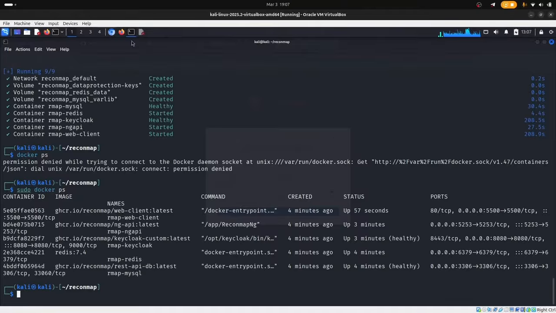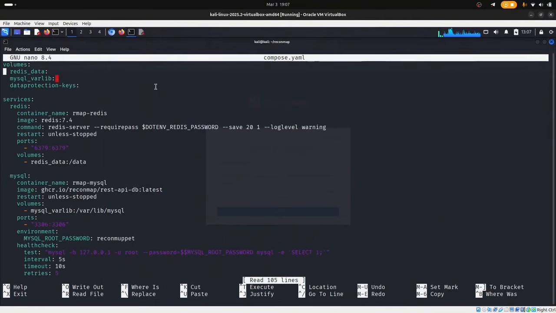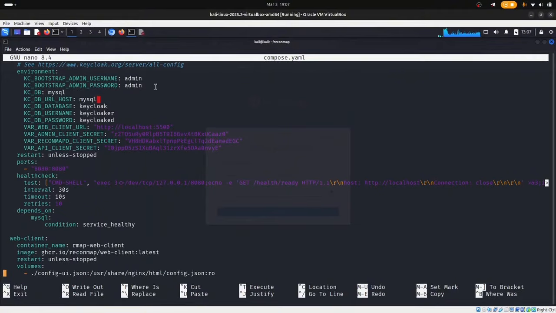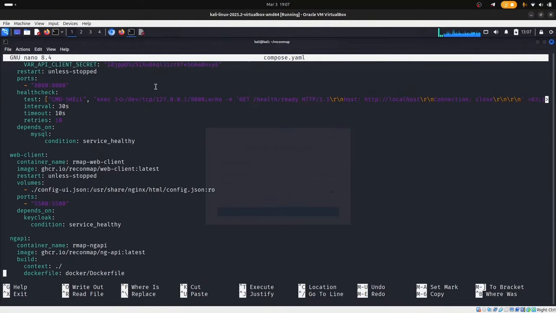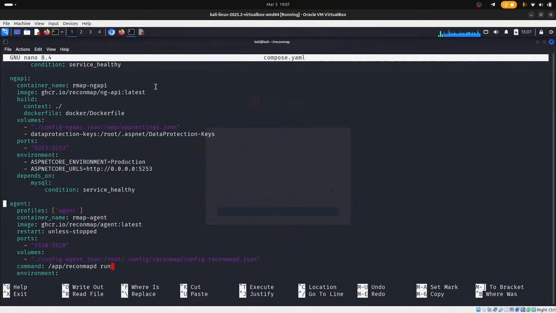Now, if you want to change your port in case of security, you can just come here. You can nano your compose.yaml file. Then you can come here to change it. Can scroll down here to change it. I think you can also change it on the dashboard. I'm going to show that in the next video. I forgot where to do that, but now you can see